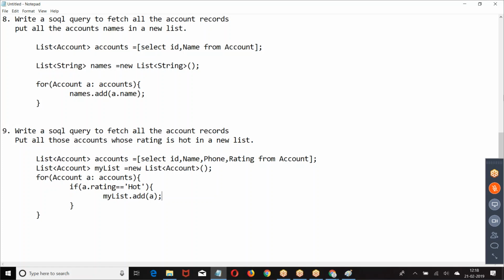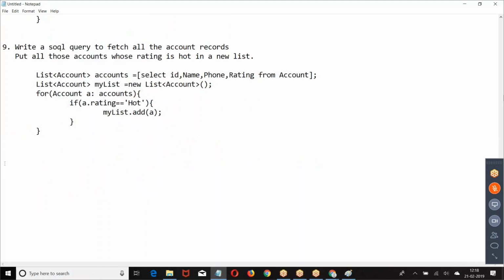Now let us take the next example. Write a SQL to fetch all the opportunities.